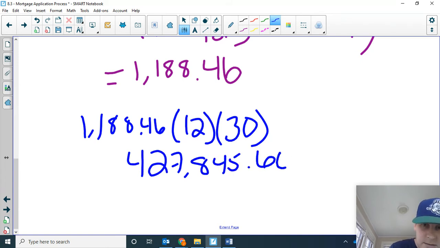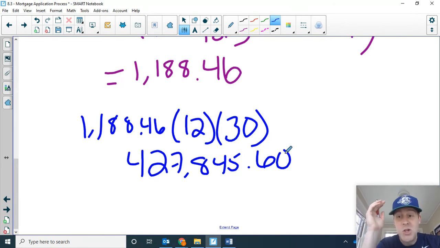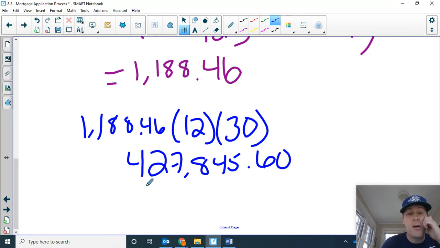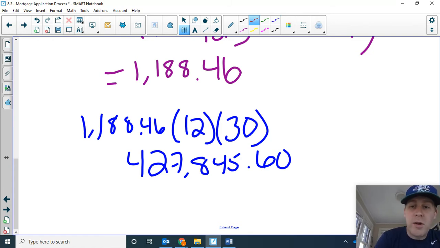$427,845.60. I want you all to think about that for a second. Holy moly. She only borrowed $190,000. But because it's a 30-year loan, she has to pay a total of $427,000. Again, this is assuming she just made that payment, didn't pay any extra, didn't pay it off early. Well, let's subtract away her principal,